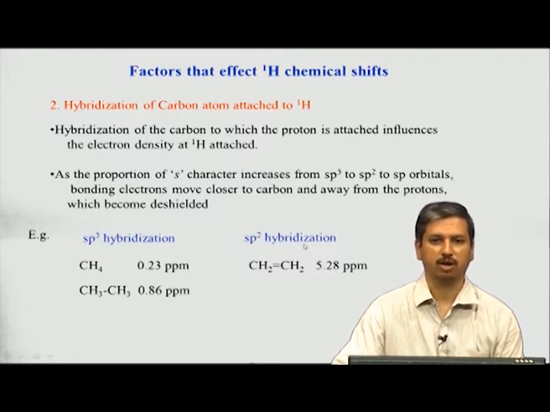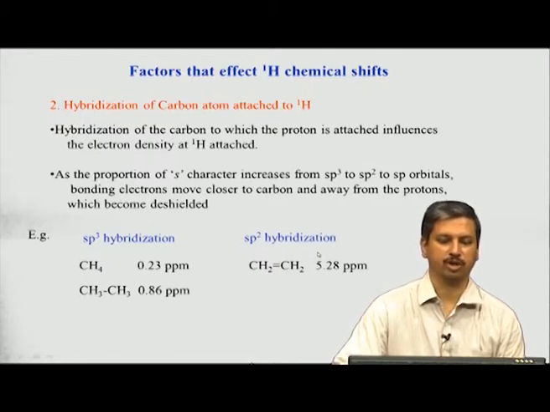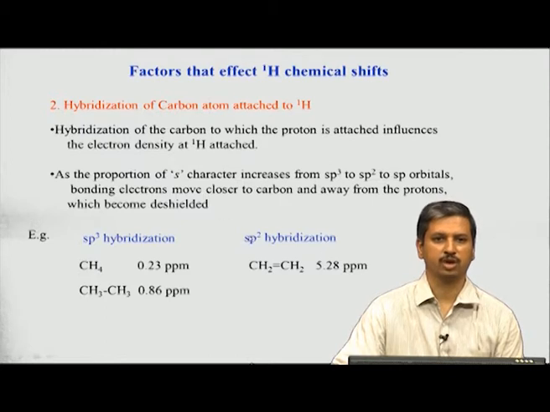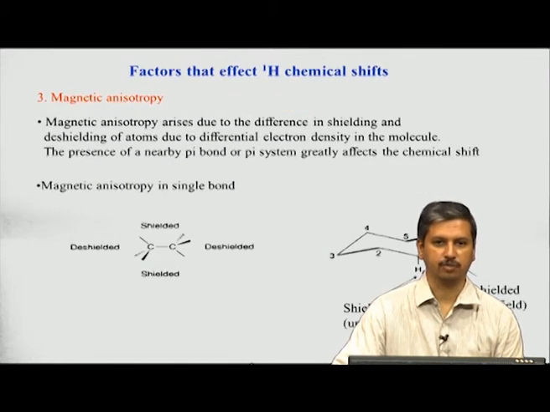So, in a sp2 hybridization system, the electron moves away from hydrogen, which is similar to the effect we saw when there is an electronegative atom attached to this. In a similar manner, here the electron density is pulled away from hydrogen, and so much so that this hydrogen becomes really downfield shifted and de-shielded, and a de-shielded value is around 5.28 ppm. So, this is the typical effect of hybridization. Similarly, if we go to sp hybridized system, it will be even more dramatic.